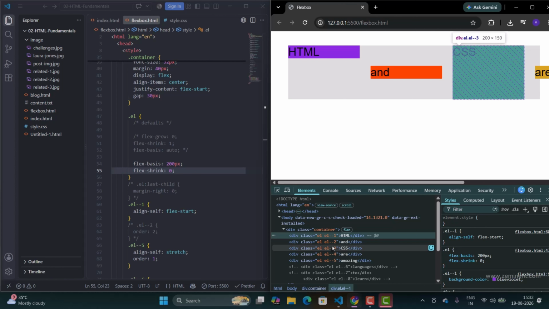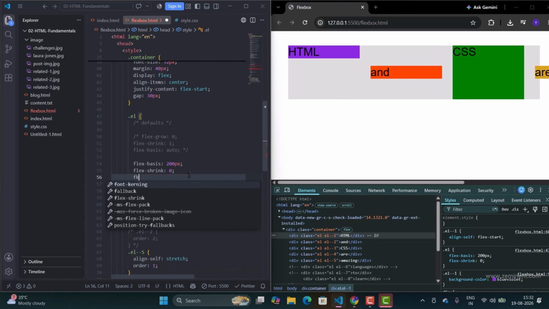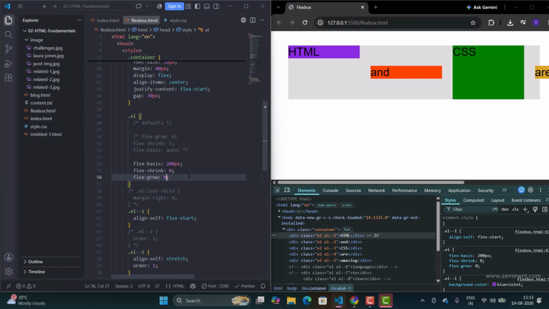Let's look at the opposite of flex shrink. The property is flex grow. This determines whether the flex items are allowed to grow and fill the remaining empty spaces inside the flex container. The default value of flex grow is 0. This means that by default flex items do not automatically grow to fill the remaining space. So if I keep flex grow to 0, nothing changes. So if I give 1,